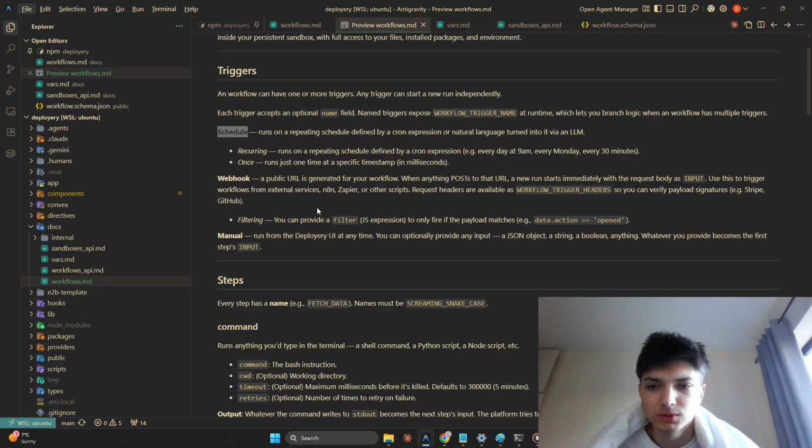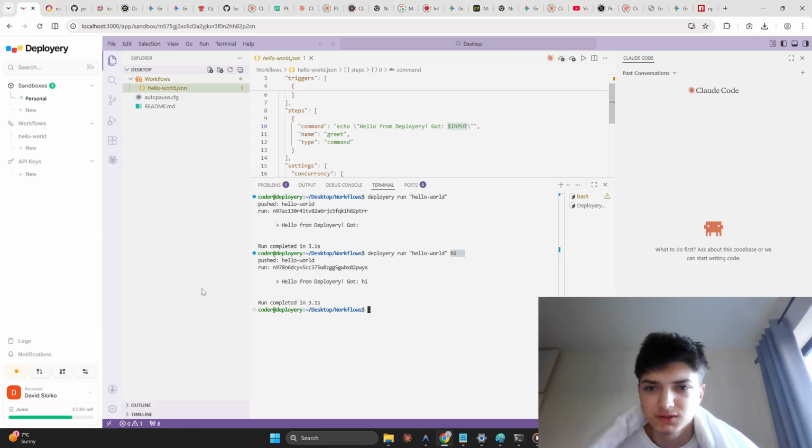And yeah, you can have a webhook, so anything external like N8N, if you still want to use it after this. Anything like Stripe, for example, if you receive a payment, it can hit up the sandbox, boot it up, run the automation inside, run any command.